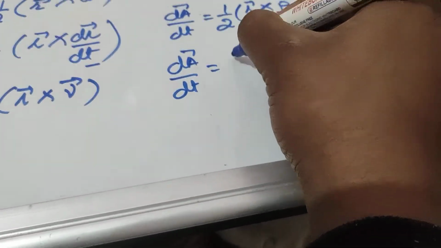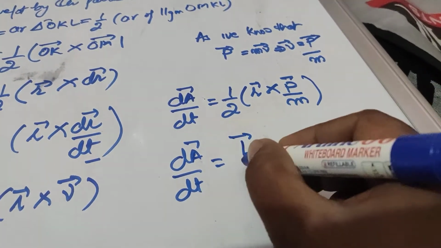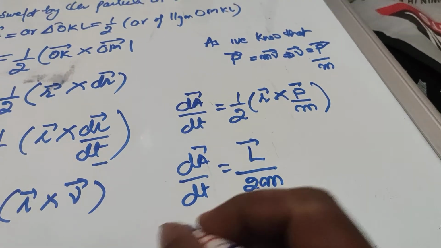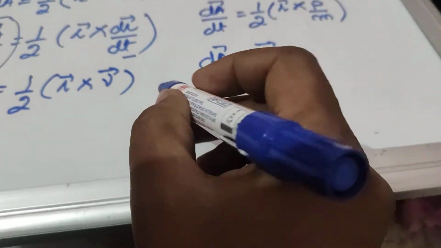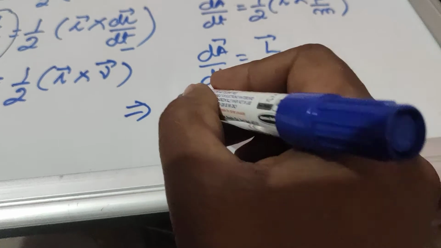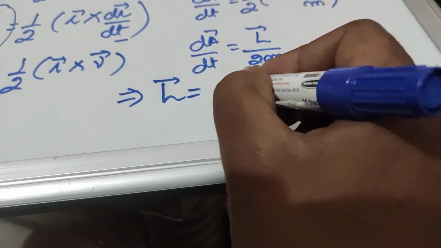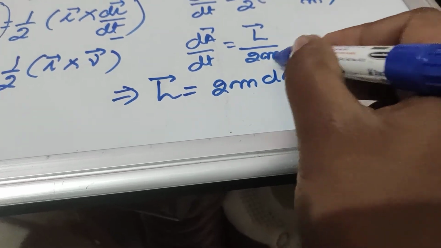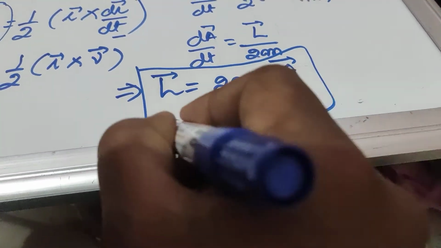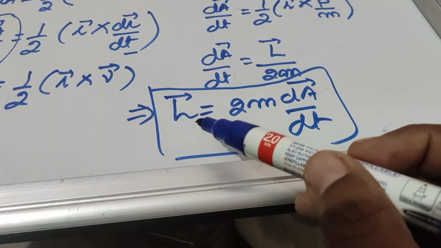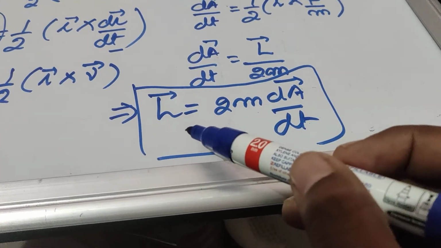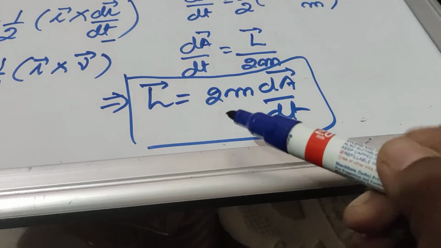So dA upon dt equals to L upon 2m, and we can write it as L equals to 2m dA by dt, and this relation is known as geometrical meaning of angular momentum, and its meaning is that